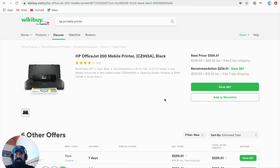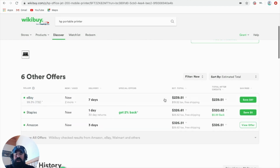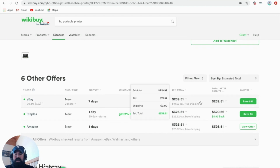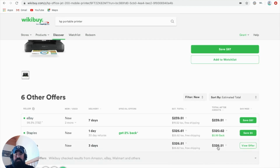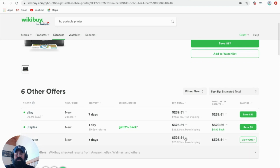And just a quick click, and it's gathering price data. And just from using Wikibuy, I can see that I can save almost $100 buying the printer on eBay new. So $239.51 versus on Amazon, it'd be $326.51. So I've been looking at this printer now for the past few days, and the price has definitely gone up on Amazon because probably demand. And so to save $87 here,